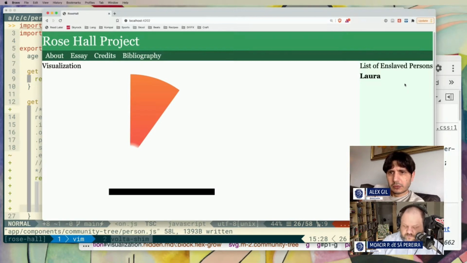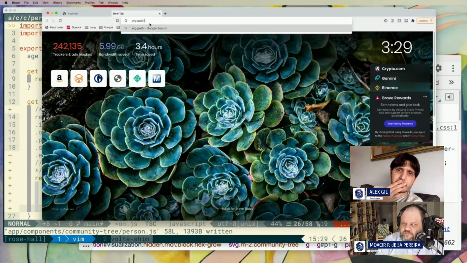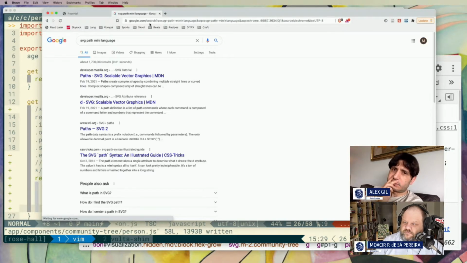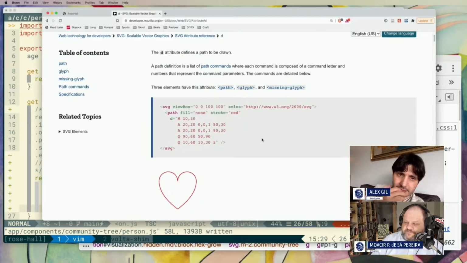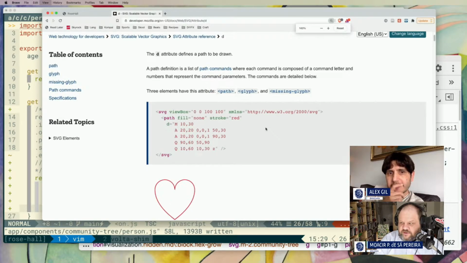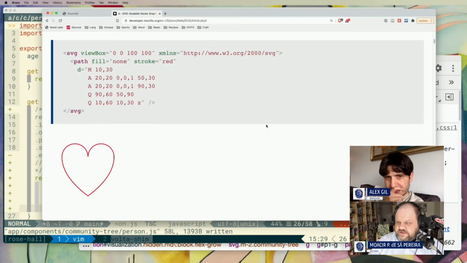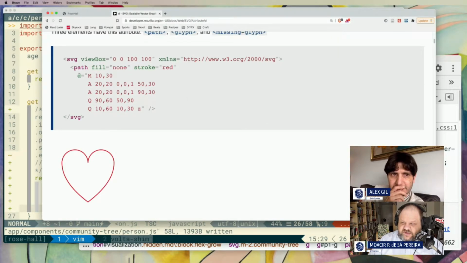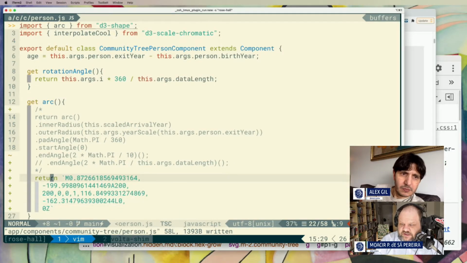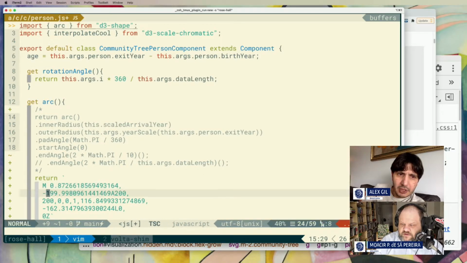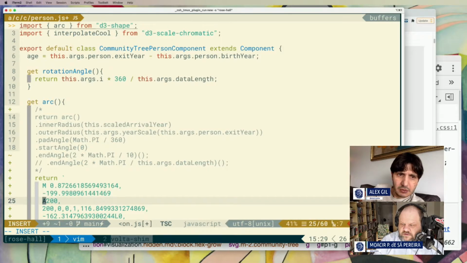Still works? Yep. Okay. All right. So let me zoom in a little bit so you can see what's going on here, Alex. So this is the mini language. It makes up the D attribute. So you have these different things. They have spaces, so these spaces are optional, but let's add them. I also noticed that the M, the Q, and all this other stuff is not used all the time. Correct.